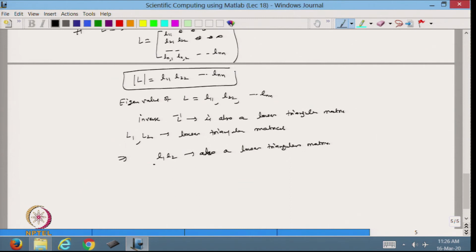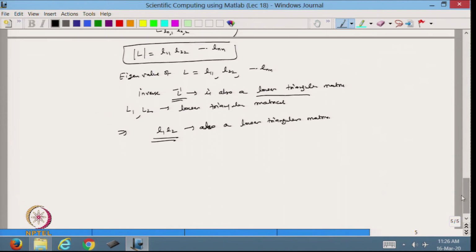So, the product of two lower triangular matrices is also a triangular matrix, and the inverse of a lower triangular matrix is also a lower triangular matrix. The determinant is the product of the diagonal elements, and the eigenvalues are also the diagonal elements. So, those are some properties of the lower triangular matrix. Similarly,